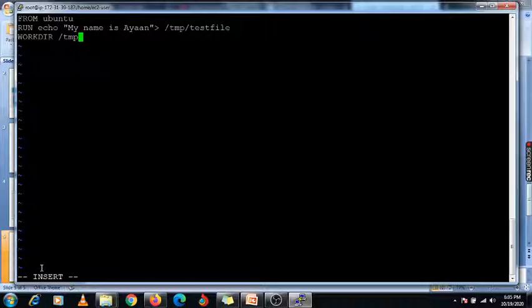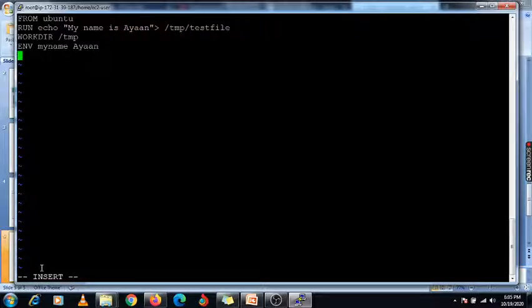Under /tmp only this container will work. Enter. And if you want to set any environment variable, you can set it, like my name, and for ion, this is my environment name, that is my name.